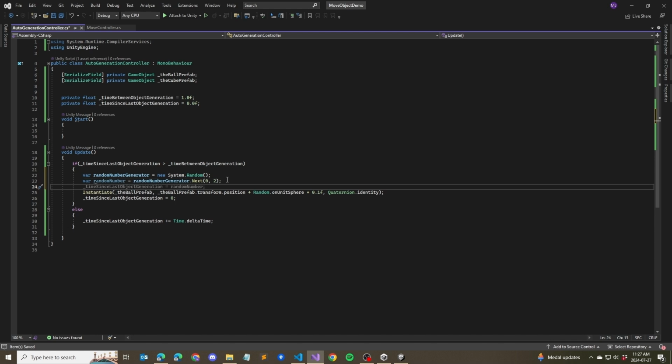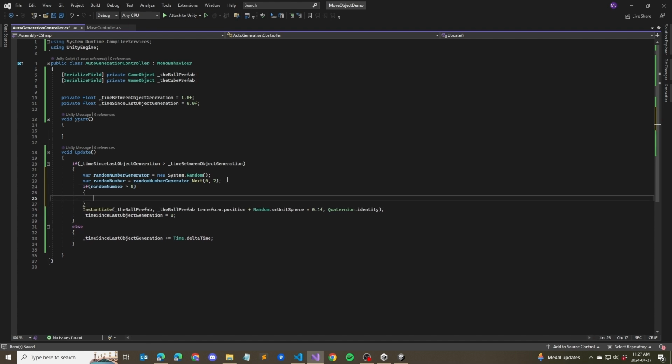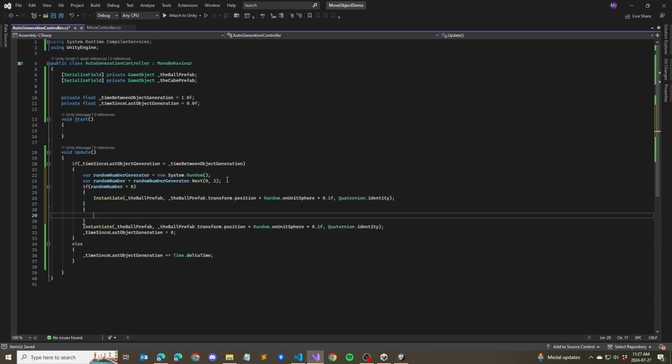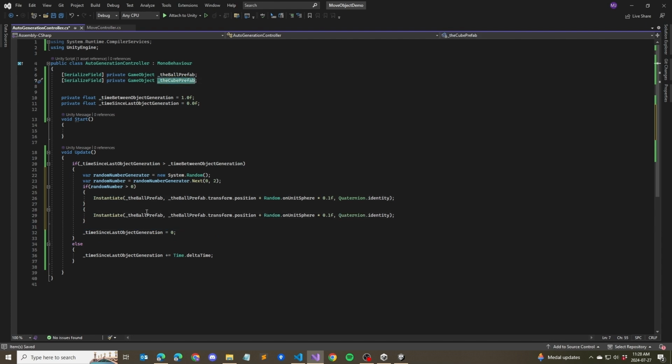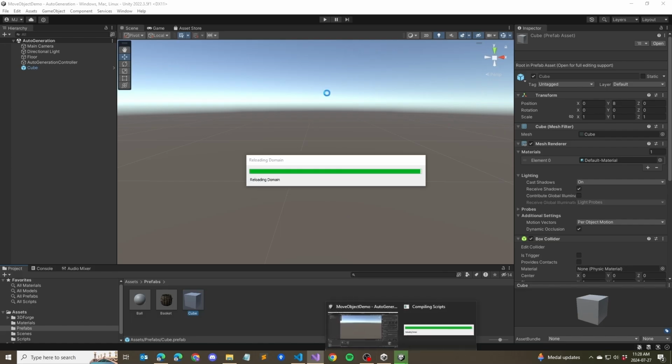Then we do a statement to test. If our random number is greater than 0, then we will instantiate the sphere. Otherwise, we will instantiate the cube. And we can use the same parameters here. We want the cube to be created. We want to have it also moved in a slightly different direction, and we don't need any rotation. So let's save that. And just for fun, we will change this to half a second. So once again, when this compiles,